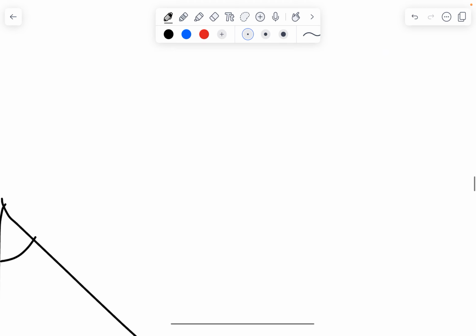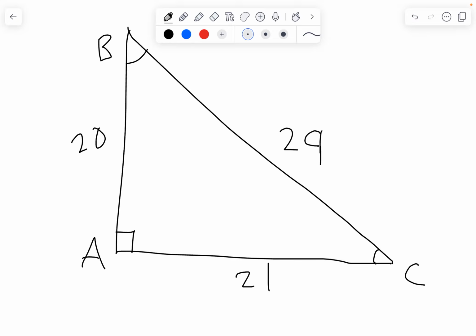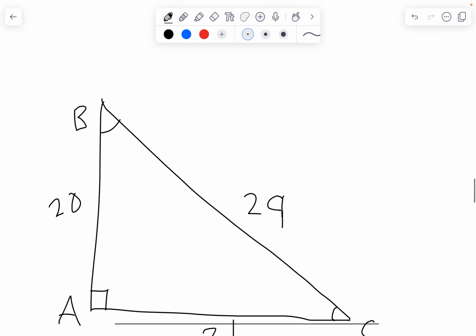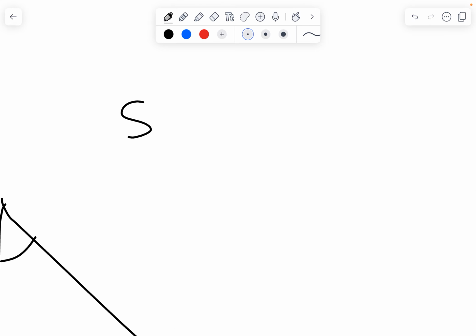Alright, so in today's video, I'm going to be showing you guys the basics of what sine, cosine, and tangent are, and how they can be used to find angles of triangles, specifically right triangles. So what are sine, cosine, tangent? Well, there's this handy acronym here, and I bet you've heard of it,